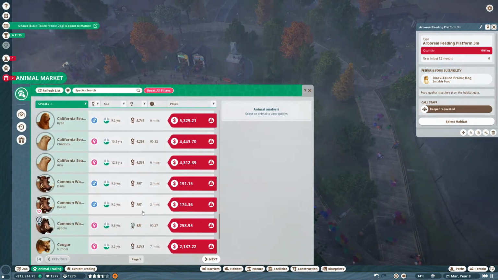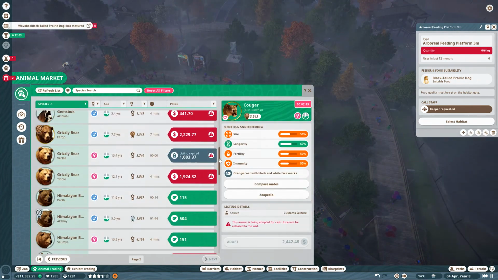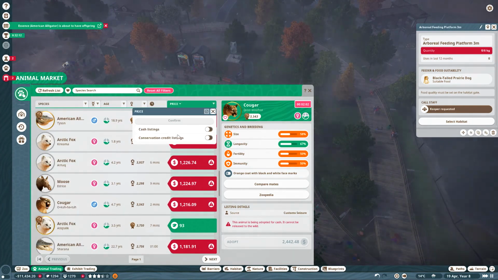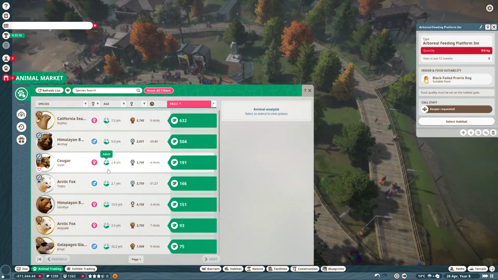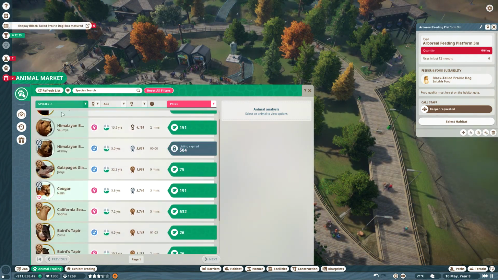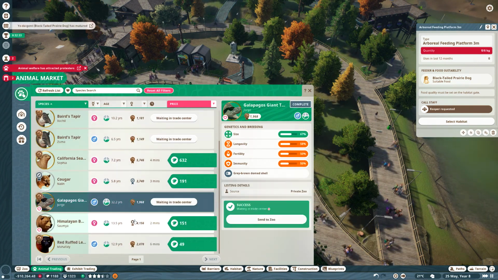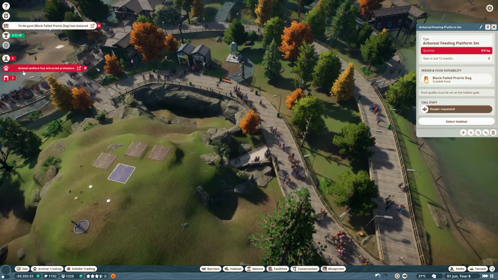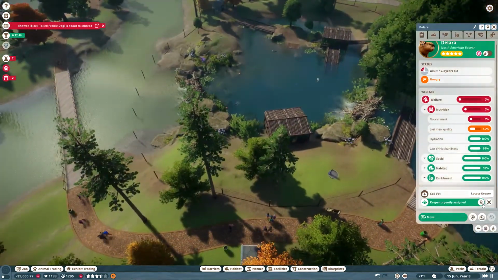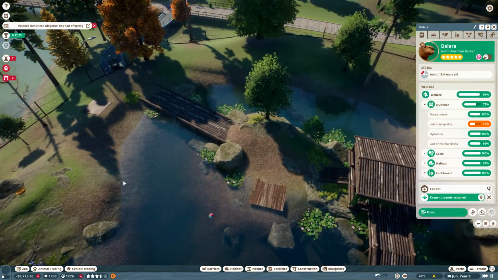So let's see what animals are actually available here. There's some. Okay. Well, most are on money and I can't buy them because I don't have any money. So I might as well switch this to conservation points so that I can see which ones I can actually get. I can get some tapirs, I can get a turtle, and I think I'll just add them to my moose enclosure later on. Because I have been selling some adult moose and now I have the space to get